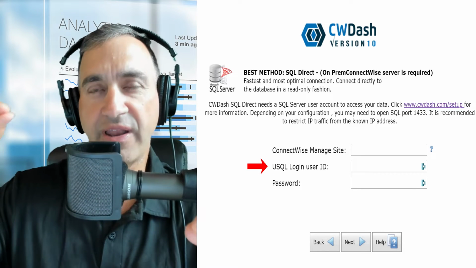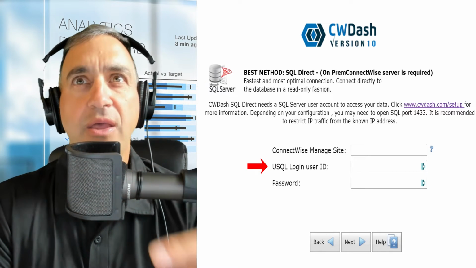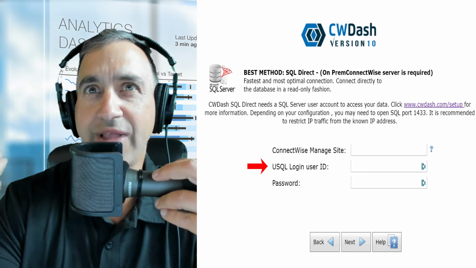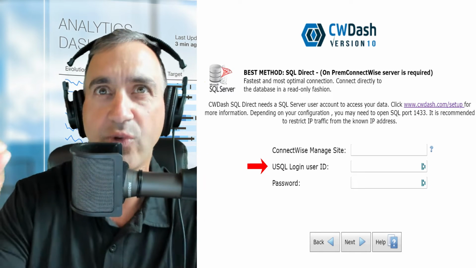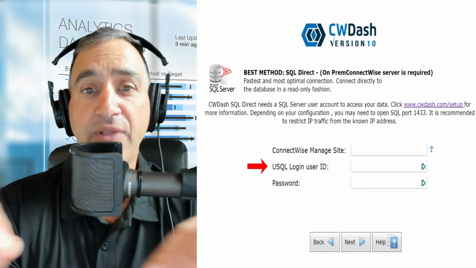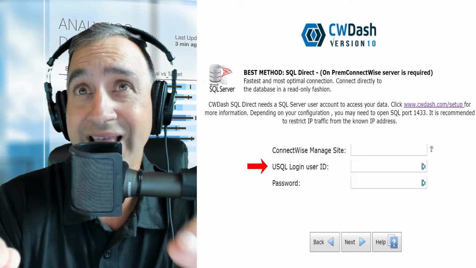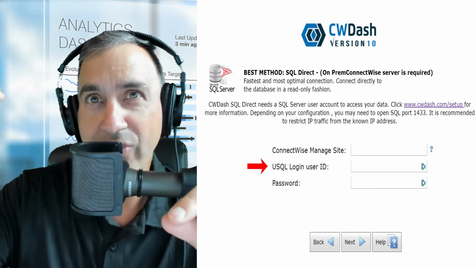Then somebody on your team has to create a SQL Server login. So it's a SQL login connected to the ConnectWise instance. It can be read only, and it has to be a SQL level login, not ConnectWise level, SQL level. So a SQL person, you could use the SA account if you want. It's not necessary, but it has to be a read only SQL level account that has read only access to